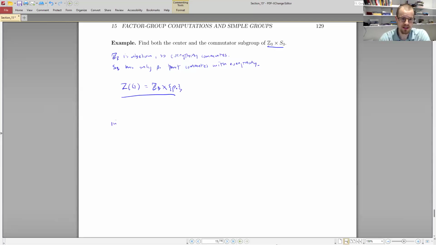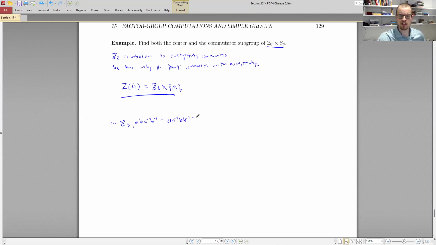Now, in Z3, A times B times A inverse times B inverse. Well, this is commutative. It is commutative in Z3. So we actually get that this is equal to A times A inverse times B times B inverse, which